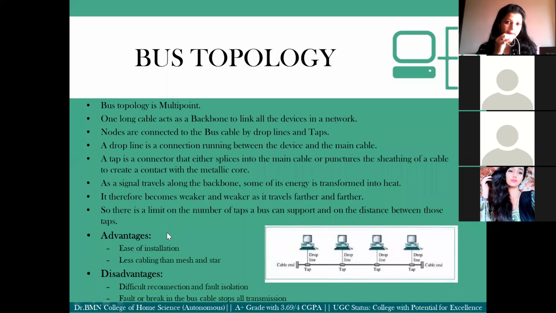Why? Because you only need a drop line and a connector, the tap, along with the device that has to be connected to the main cable. Correct? See, this backbone, this bus, is laid along the most efficient path. In star topology, what was happening? That hub's position was fixed at a central location. But here the bus is laid on an efficient path. Efficient path means a path such that the rest of the devices are easily connected, they are nearby, not very far off. That's the efficient path.